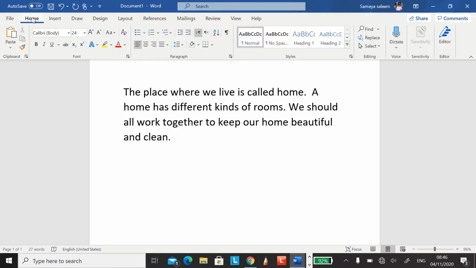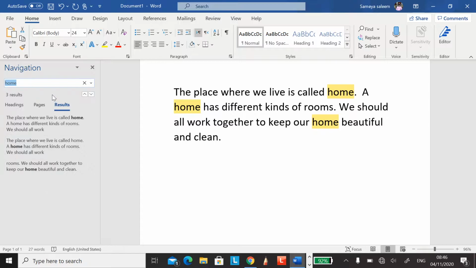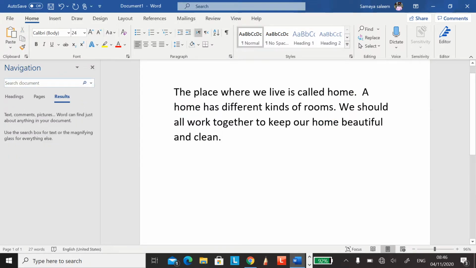In the Home tab, we are already in the Home tab, come to our editing group. In our editing group, there is the word find. Click on this arrow and click on find. This is the navigation pane. It will ask us, what do you want to search? I will write the word home.